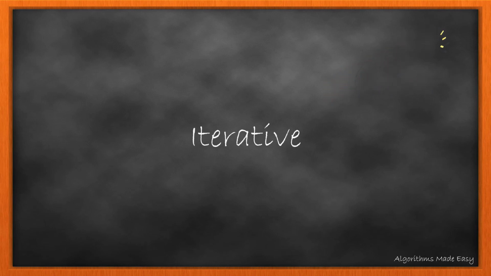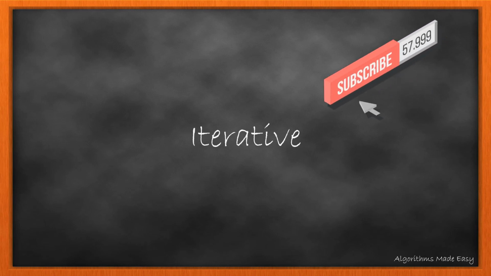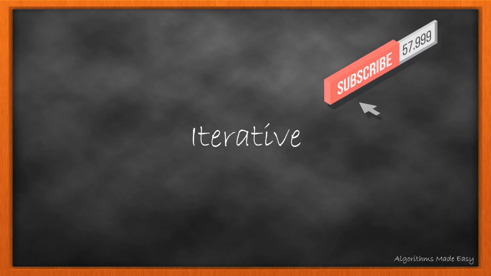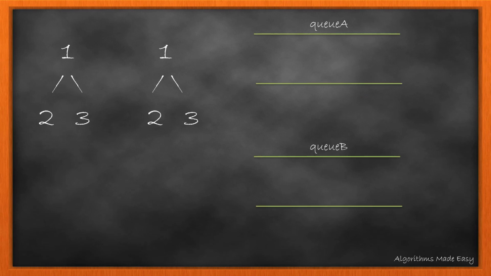Let's move ahead with the iterative approach. Rather than recursively calling the method, we can just store the nodes into a queue and then check them. This is exactly what we are going to do. Taking the same example, we will have two queues, one for each tree. Now we take the roots and compare them for equality. Both values are equal, so we add them into their respective queues.